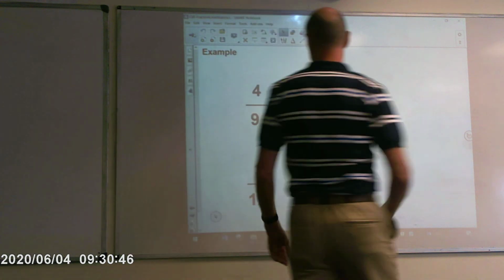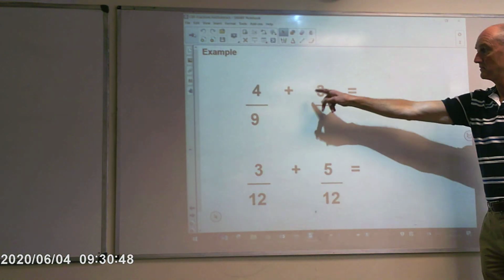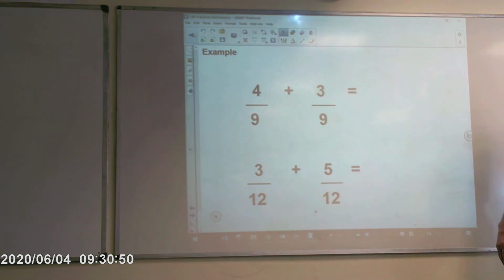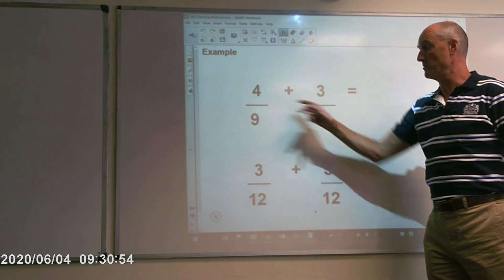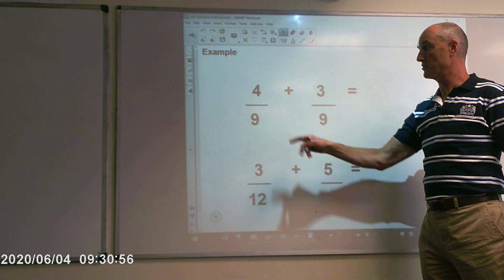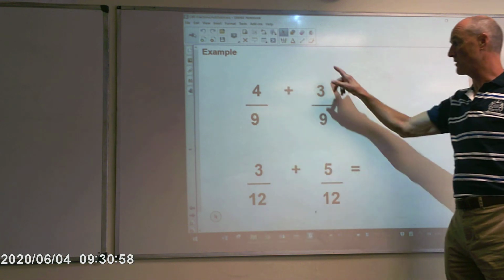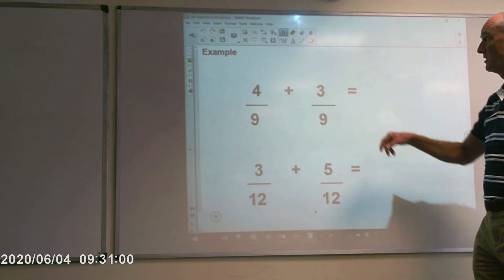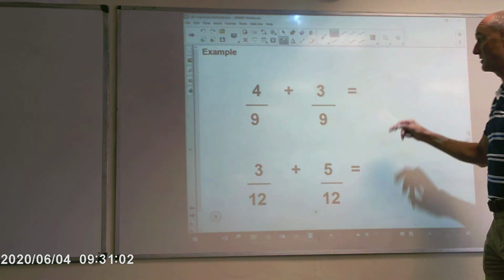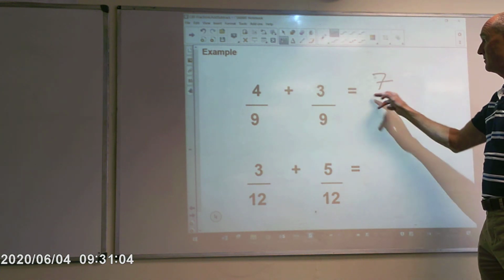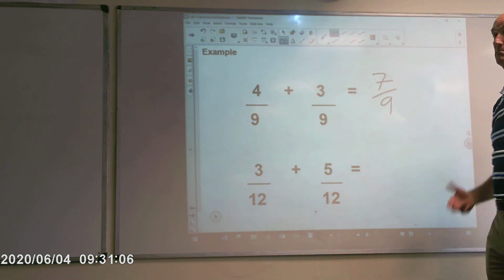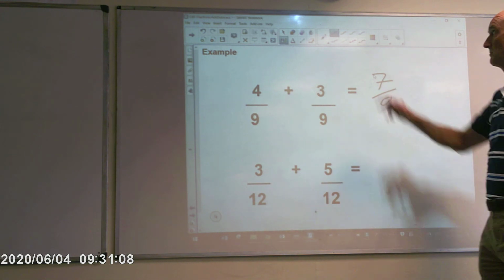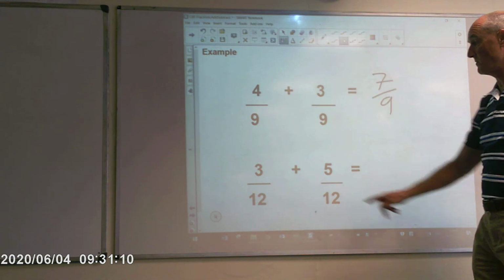Now, if we have 4 ninths and we add them to 3 ninths, fairly straightforward. We're talking about the same type of terms. We're talking about ninths. So we've got 4 lots of ninths, we're adding them to 3 lots of ninths. So overall, that's going to give us 7 lots of ninths. Yeah, 7 ninths. Makes sense, hopefully. Similarly,